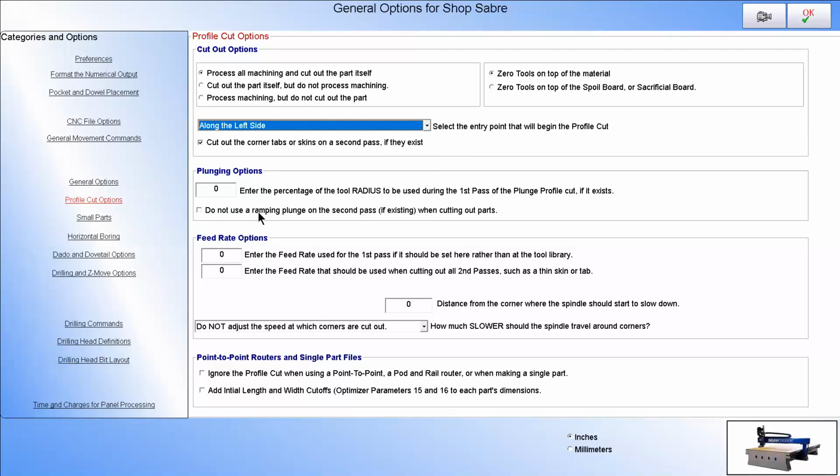Plunging options. Do not use a ramping plunge on the second pass if existing when cutting out parts. Usually, you want to put a checkbox in there, a check in that box. And the reason is, on the second pass, some people, and one individual in particular, has a router that I dislike, and it could only go in about ½ an inch at a time. So, no, about ¼ of an inch at a time, excuse me. He's got a really tiny spindle, and it can only go in ¼ inch at a time. So what he does is he makes a second,